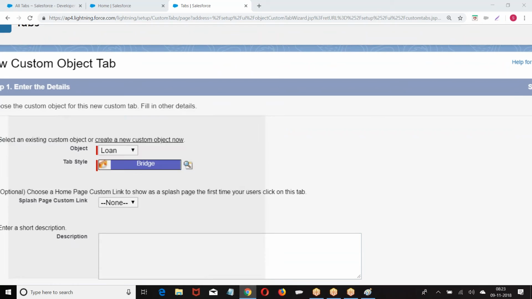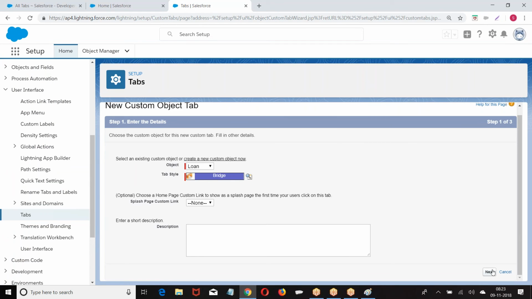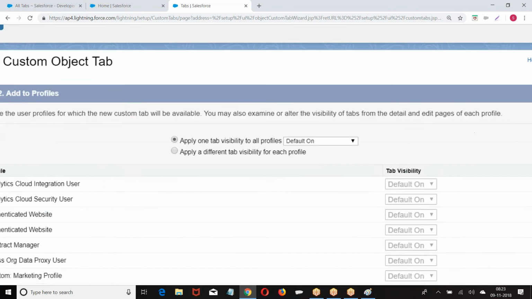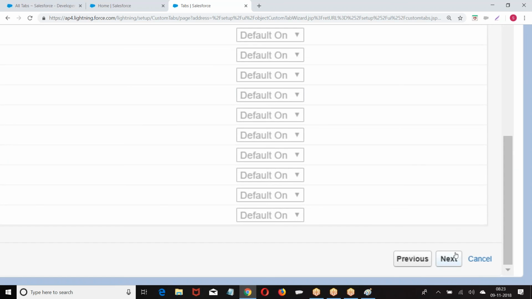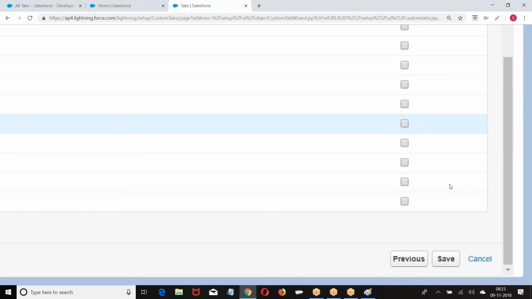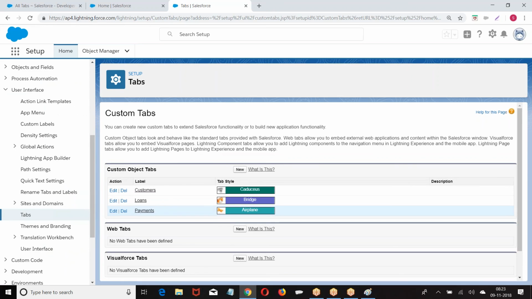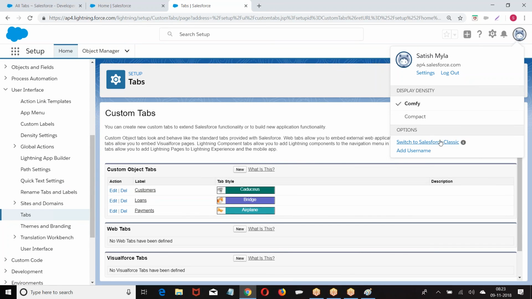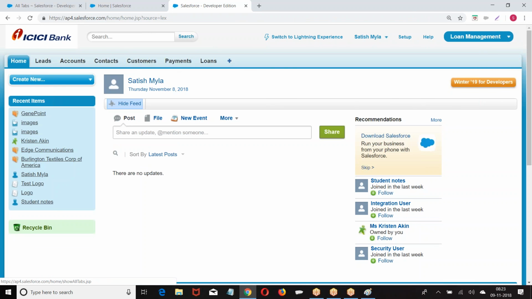Style, next. Visibility, default on. Application. This is how I create. I hope you are good with this. Right? People are done with this format. This is how we are creating.